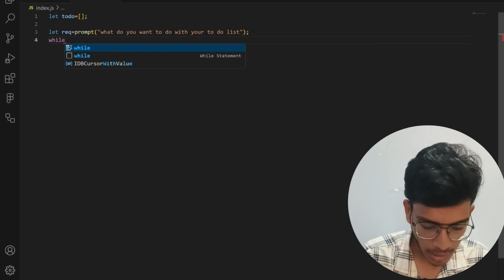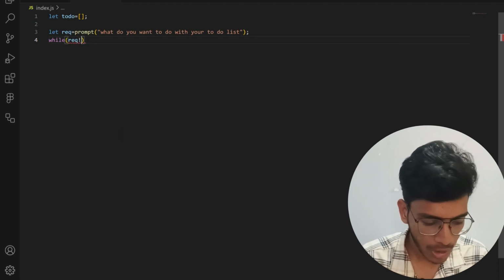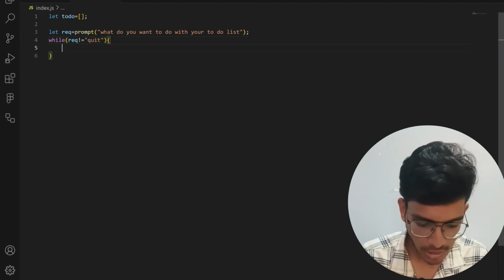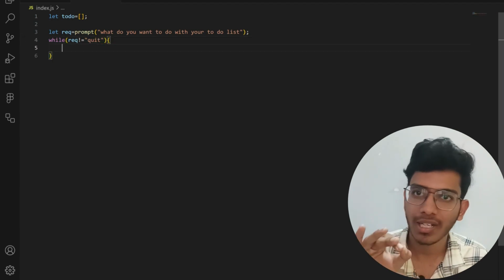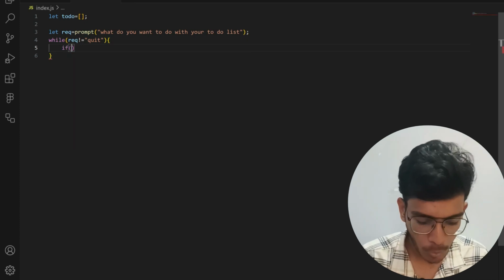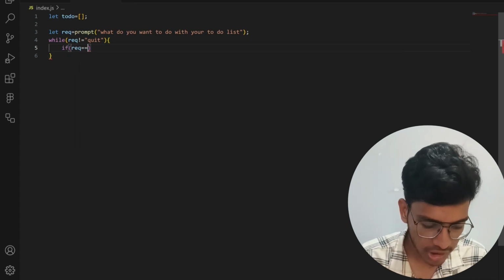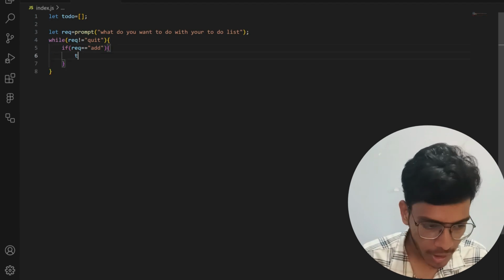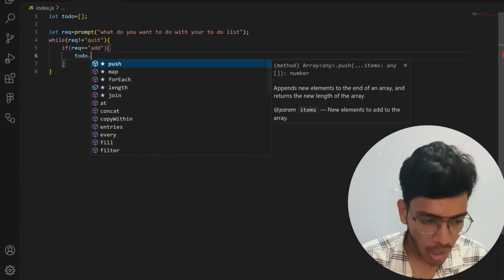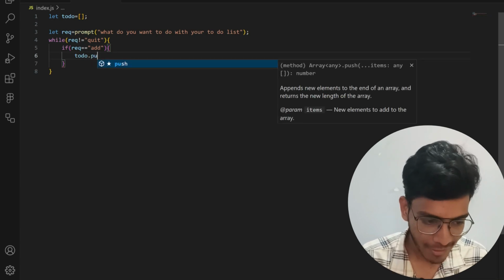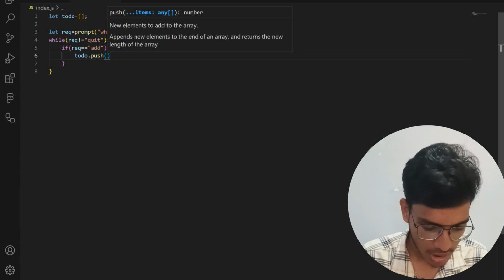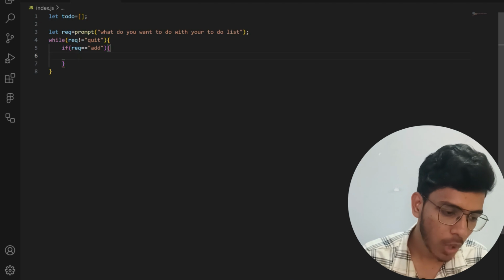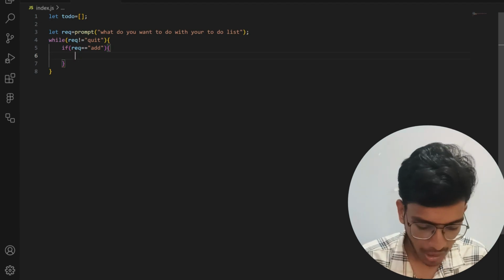Okay, so while my request is not equals to quit, if this is the case, user doesn't wanna quit, then I will come into the loop and I will check if conditions. If request is equals to add, then what I'm gonna do is that I will do todo.push. I will push whatever the elements you want to add. So if user wants to add, then I will ask him like